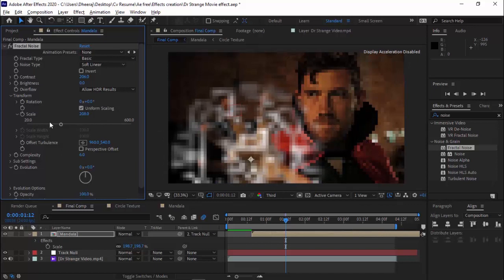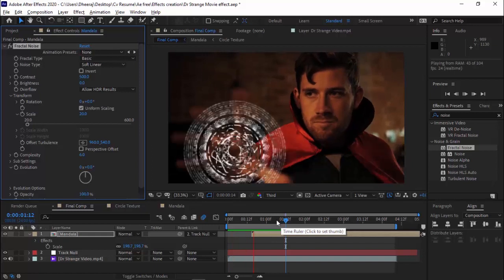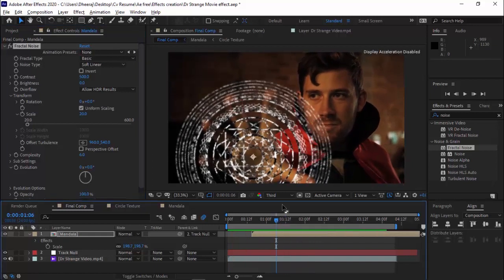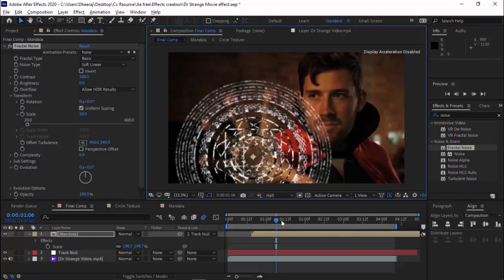Let's say we need 20. And contrast increase to near about 500 and preview it. Okay, you can see it's working like that. If we click half,